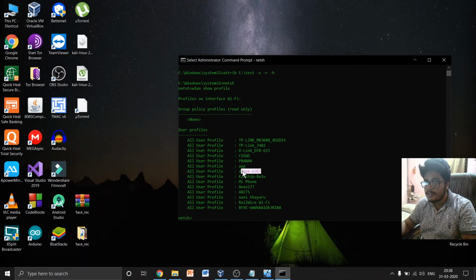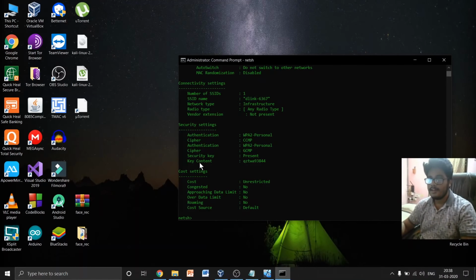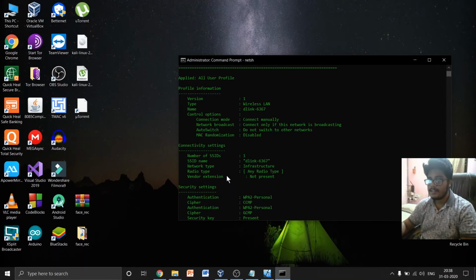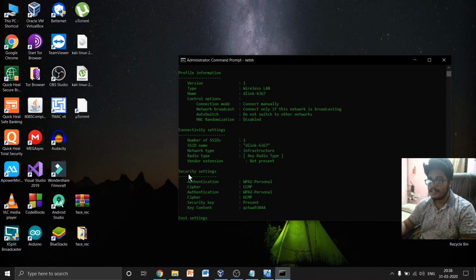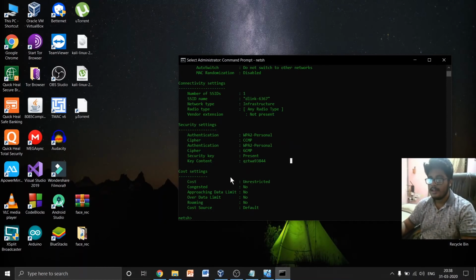Yeah, here it is. I copy that, and I have copied it successfully, and type again wlan show profile, then the network SSID followed by a space and key equals clear. Then you get all its details. See, profile information and connectivity settings here, and security settings. This is the main part we need here to see his password. Here this is the key, this is the password you need to use to connect to this network.